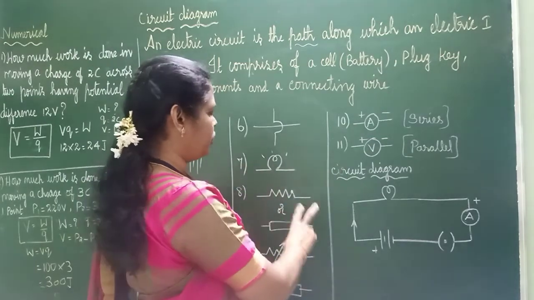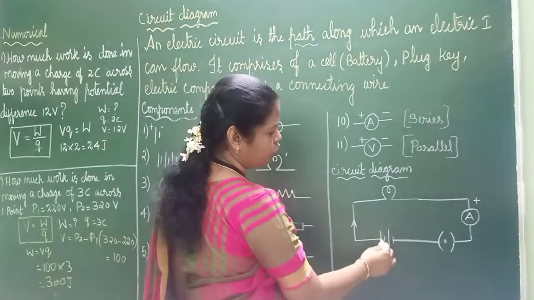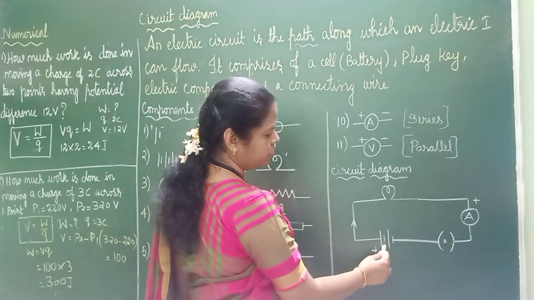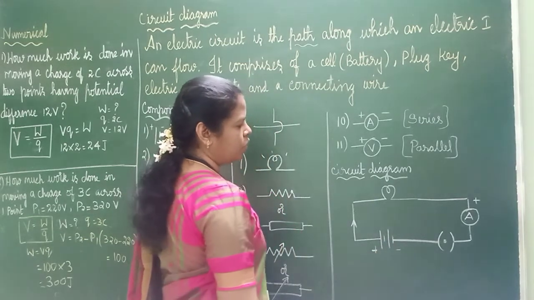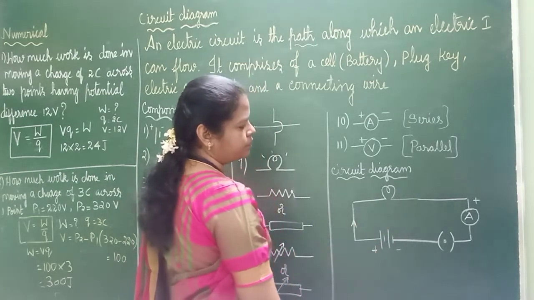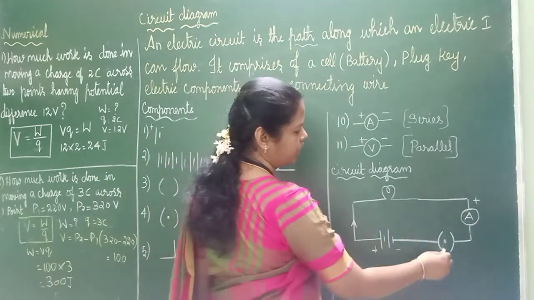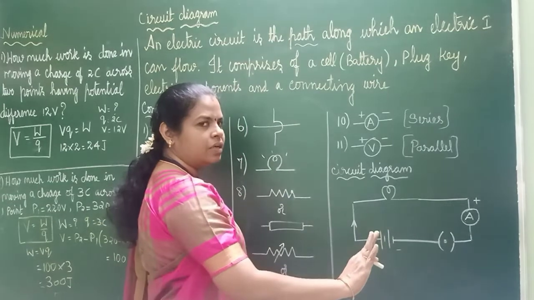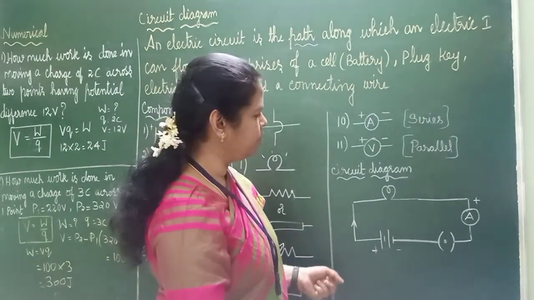See, I have taken some components, and these 2 cells. See, positive terminal, negative terminal, positive terminal, negative terminal. I show this. And this is a bulb. I want to measure the current, so I have taken one ammeter and one key. These are the things needed. If I want, I can add more, but I want only 4, so I have taken simply 4 components.